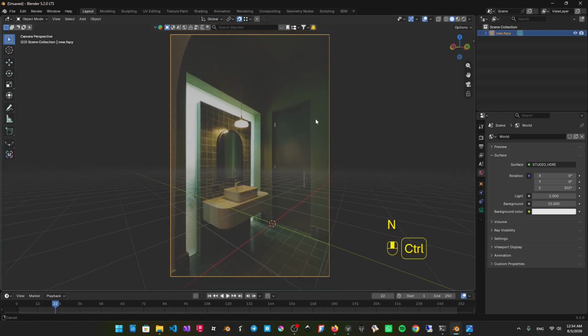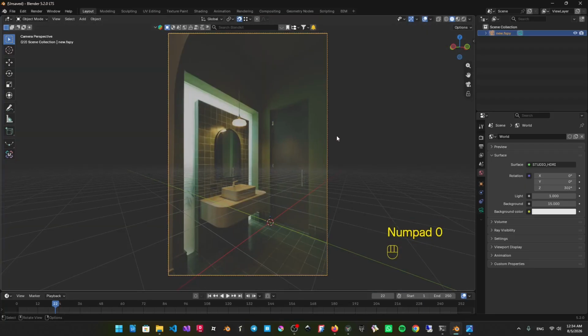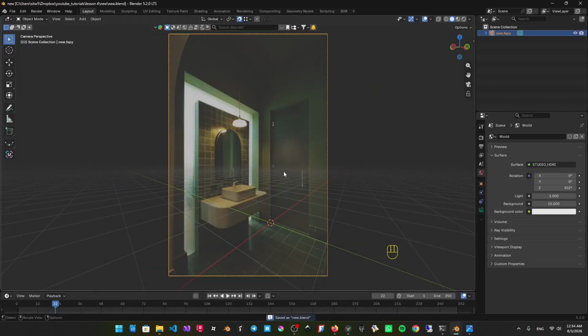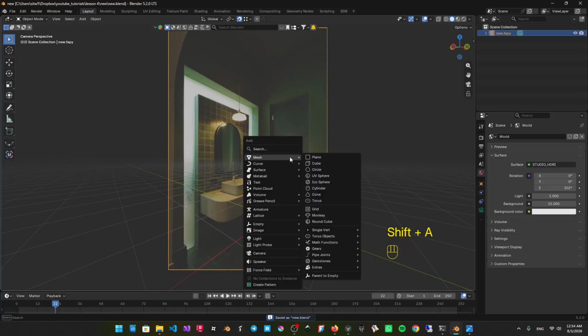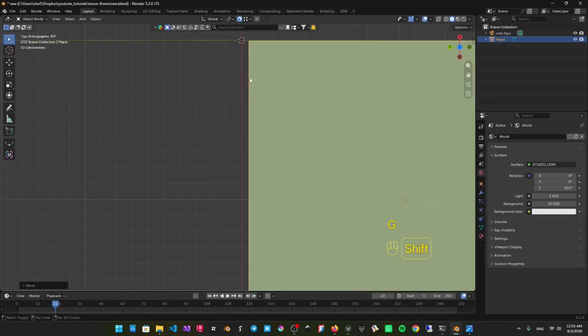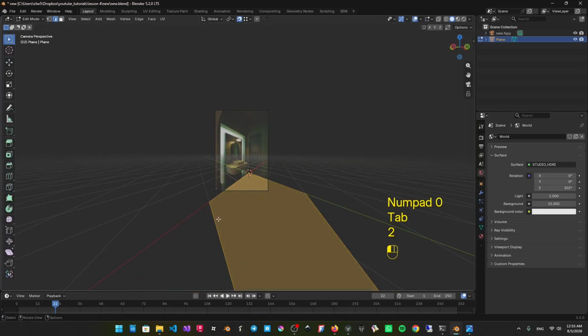So yeah, now we can see that we imported our base background, and we will start to build our base mesh. For that, let's first save our file like this. It's okay. So let's start to build our scene like you do it regularly, Shift A, plane. Let's start with a plane, but I will just transform it like this to understand that we are building with correct